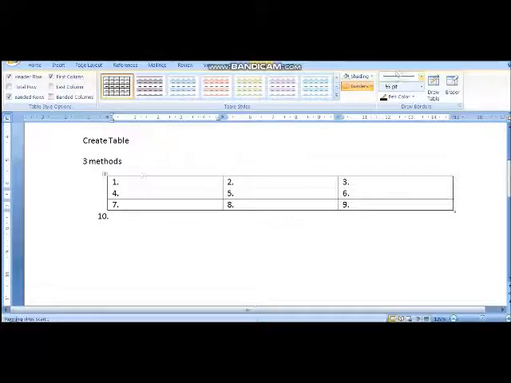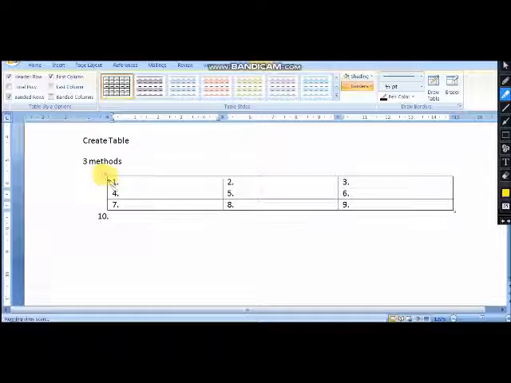You can see the icon here. See, this is your icon. This part that you can see is your table selection icon. So what you have to do is click on this table selection icon.